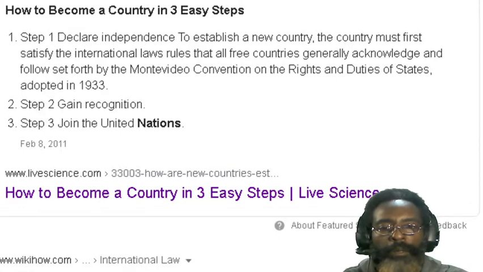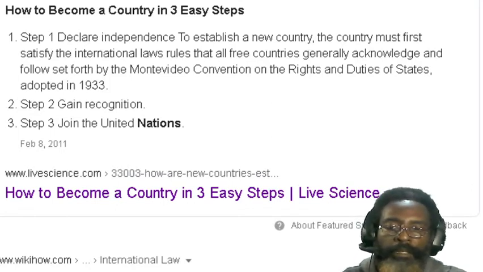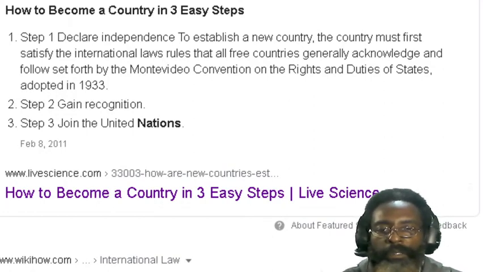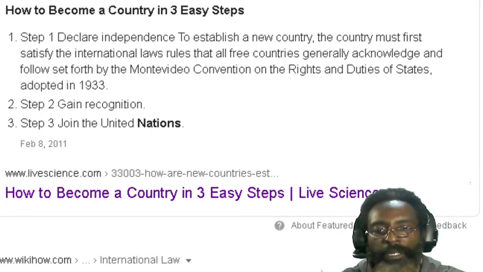We are jumping right in to how to form a nation, or more specifically, how to become a country in 3 easy steps. So basically, guys, as you see right here, they give basically 3 easy steps. One, declare independence to establish a new country. The country must first satisfy the international laws, rules that all free countries generally acknowledge and follow, set forth by